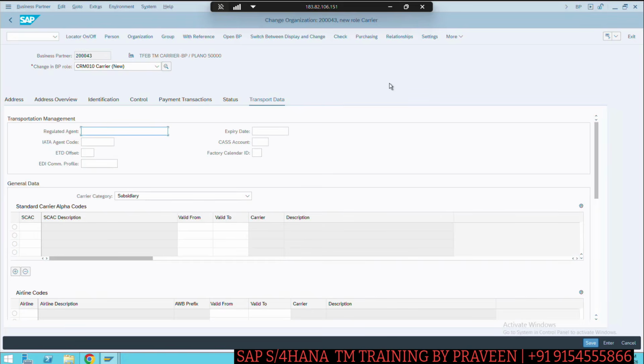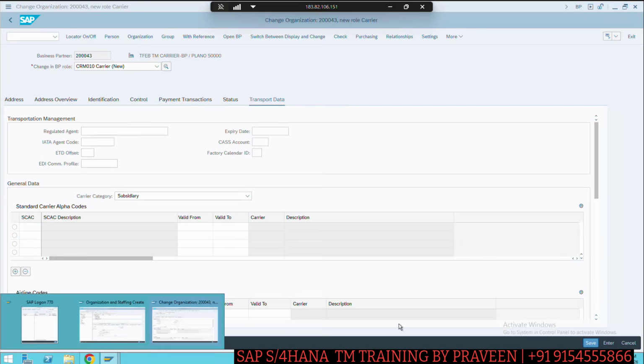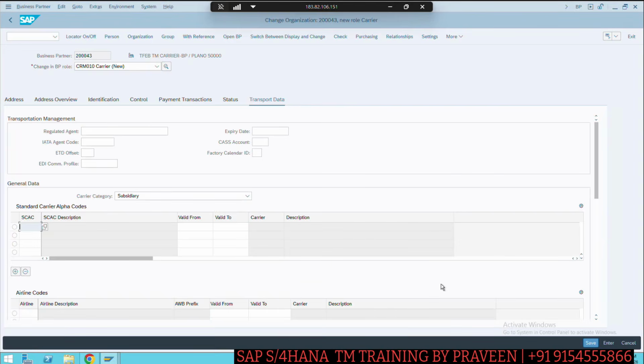So these all are standard data which is provided by the business anyway. Like this is maintained by the master data team. So this is the SAC codes we are talking about, standard carrier alpha codes, which is nothing but shipping conditions in the ERP. Coming to the TM, we call it SAC codes. If you wish to create a SAC code and select here,